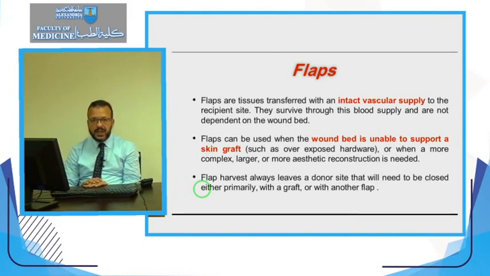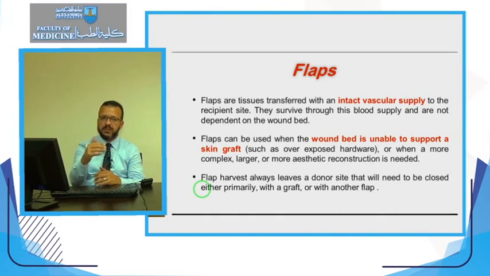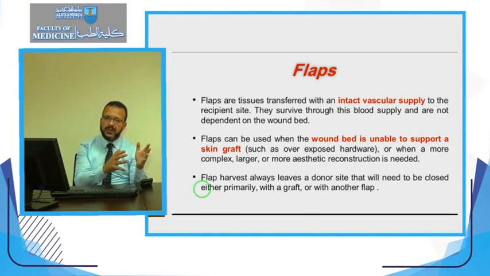Now we have been speaking about the graft or transplantation of a graft when the wound condition is optimal or the recipient site has a vascular bed. But what is the condition if the recipient site has no vascular bed? That's to say, like exposed bone without periosteum, exposed tendons, and so on. So I cannot use a graft for reconstruction of these defects because the recipient site will not be able to supply this graft with blood. So we have to think about another transplantation of other tissues that is dependent in its blood supply on the donor site rather than the recipient site, and this is the main difference between flaps and grafts.